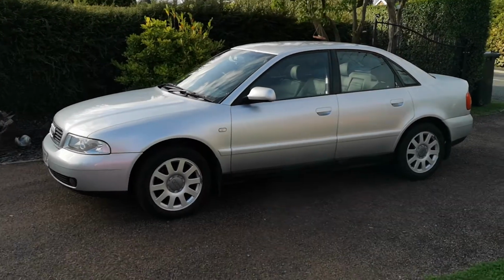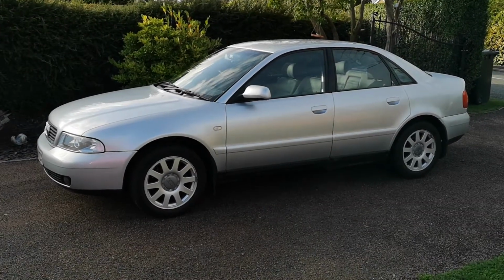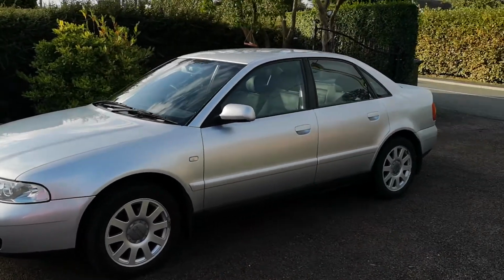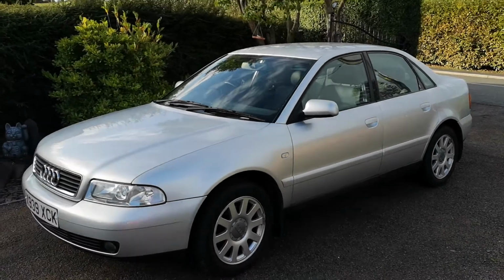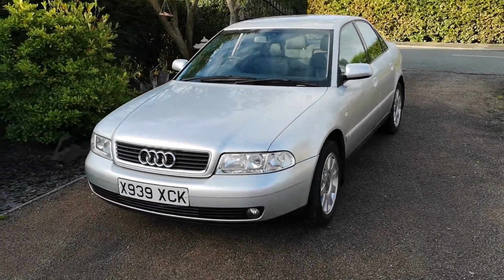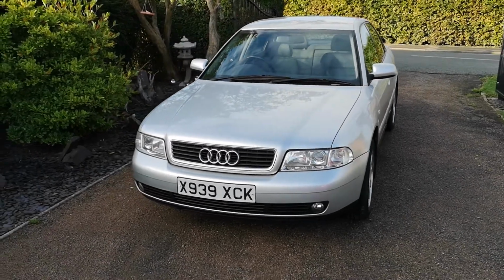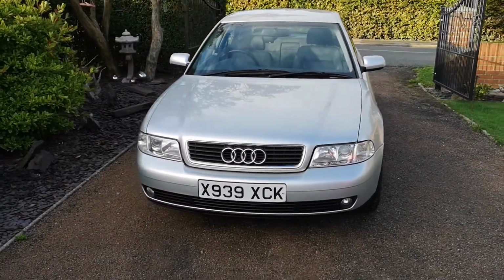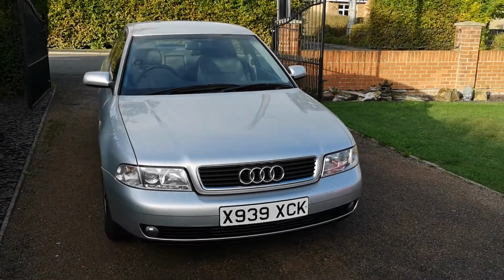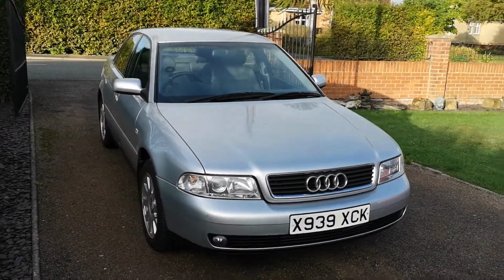It's turned up, and somebody contacted me via that video to say, John, I love your B5, it's very well looked after, and I've got mine, which belongs to my wife. She is giving up driving. We are the second owner. We've had it for 12 years. We bought it from our next door neighbours who bought it new, and